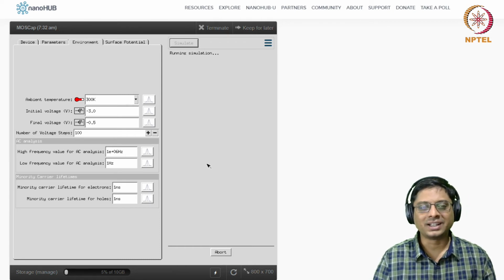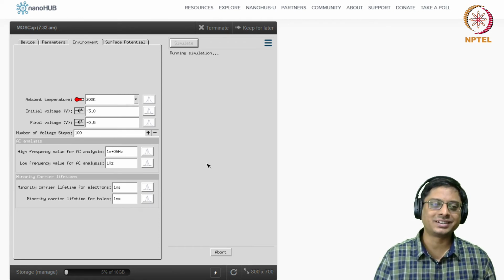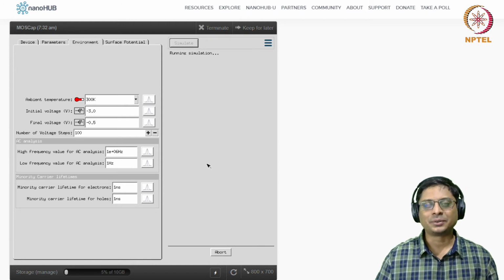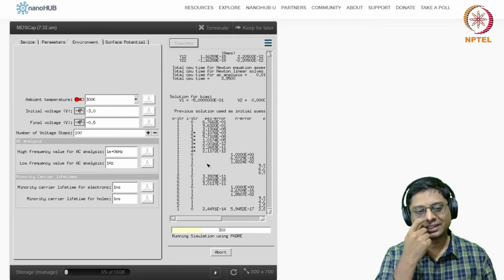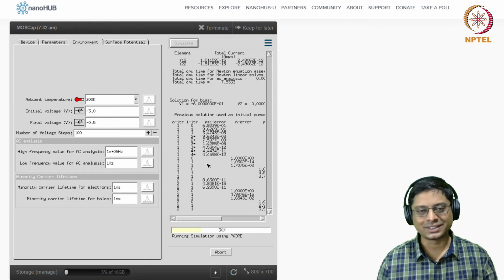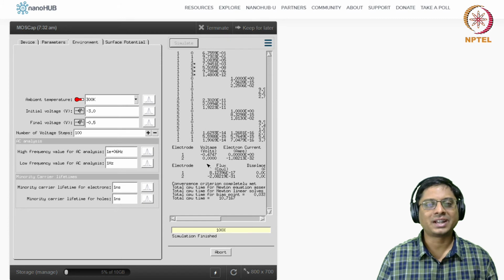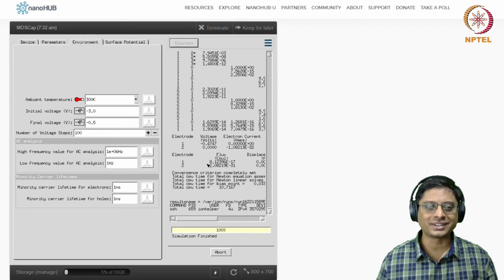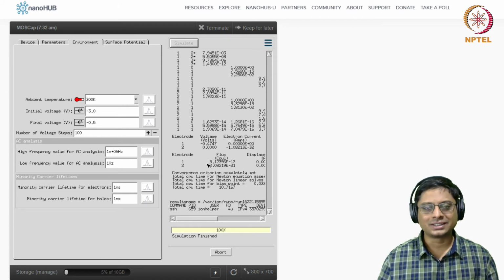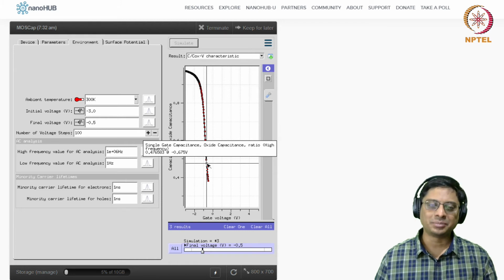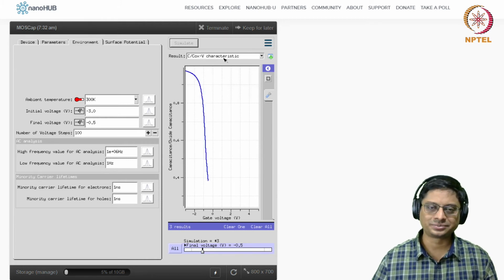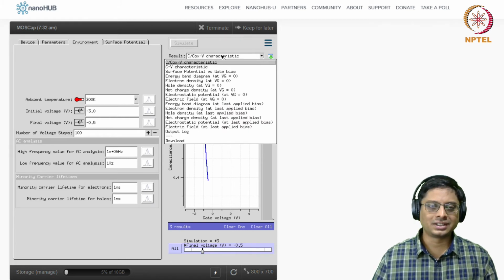Well, you might wonder, how can depletion be there at minus 0.5? You told us that the gate voltage will be positive for depletion. The difference is coming because of metal. I will talk about it in the next lecture. We have so far discussed what is known as the ideal MOS capacitor, but in the real case there is always a metal work function which is never going to be equal to the semiconductor work function. There's going to be a work function difference, because of which we have to do some changes. We'll do that next week.